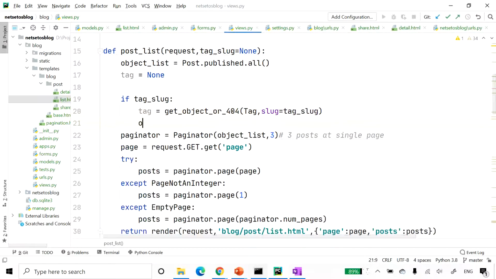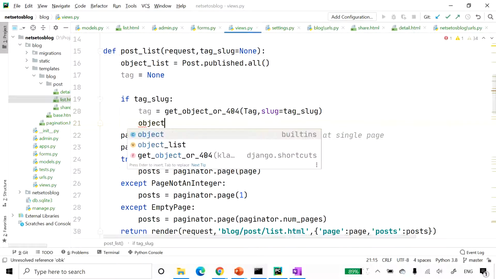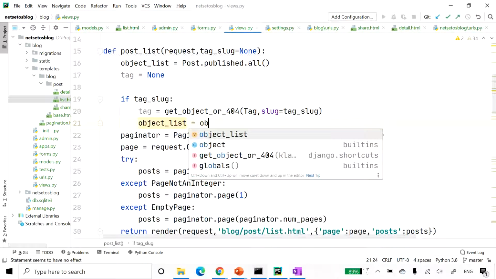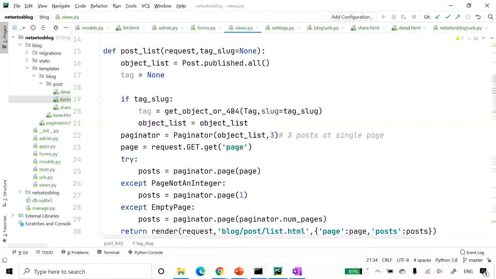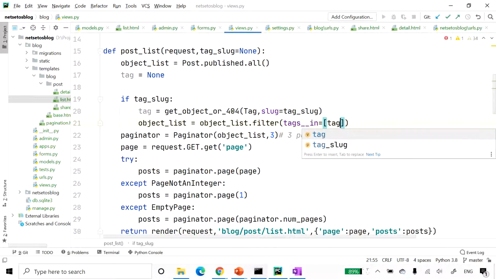Then here we will also define object list, where we will have object list dot filter tags underscore in equal to tag.